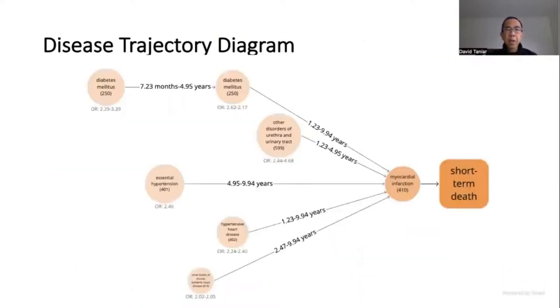From this research, we found this disease progression. As you can see here, if you get diabetes, then after a certain month you may potentially get myocardial infarction. But it is interesting that urinary tract infection is also an important risk factor. It is not a new technique, but the result is very interesting and very important, especially for the medical profession.